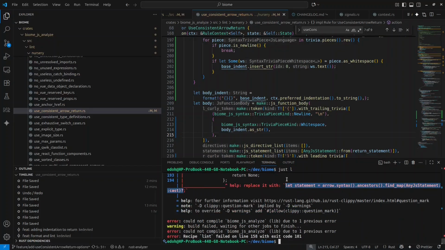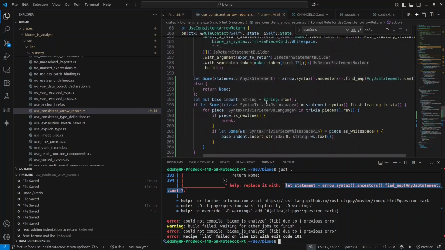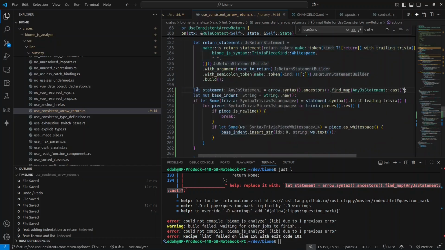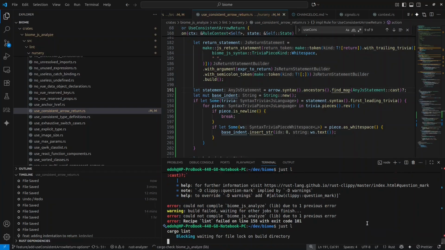So let me just copy this line. Now if I run my linter again,